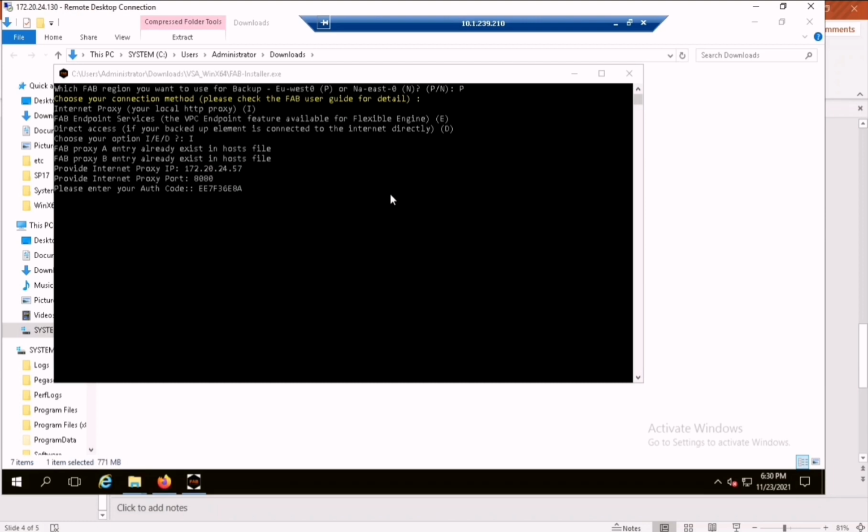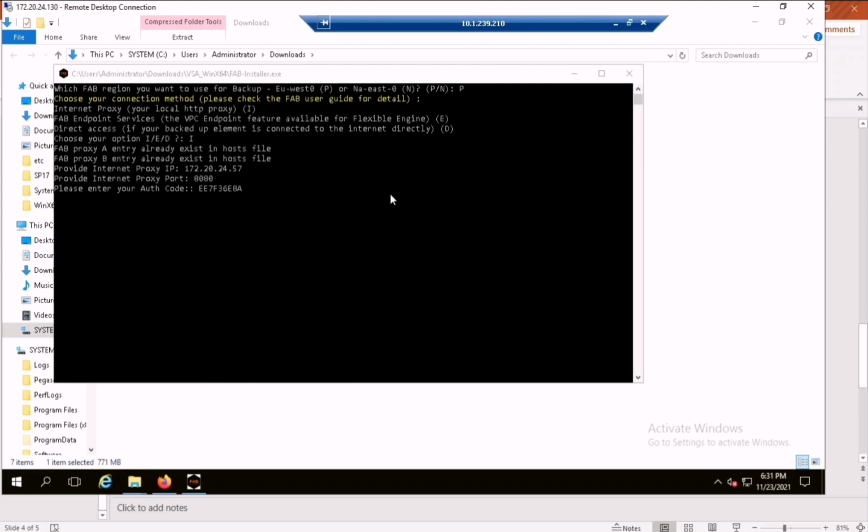Now it would take a couple of minutes because it is going to install the file system agent and the VSA agent. The file system agent is required for every backup. It is the base agent which is required for taking the backup on fab, and above that the VSA agent will be installed after the file system agent installation is done.